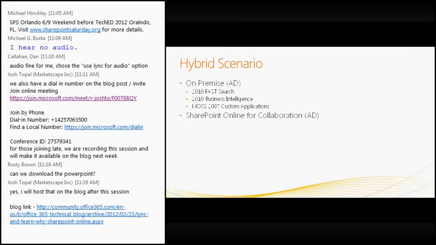People always ask me about scenarios, apart from going straight online. The one that comes to mind quickly, I drew this up, is that you can have some on-premises and online. One quick example would be if you've already made the investment in Fast Search, a feature that's not available in the online version. You may have some business intelligence sitting on 2010 on-premises, and some legacy custom applications that didn't make sense to migrate to 2010. So how could you reduce some costs, or reach people on the other side of the globe without having to migrate and relocate farms? In this instance, SharePoint Online would be perfect. You could tie it to the on-premises AD, yet keep all the features that you invested in on-premises until they sunset.